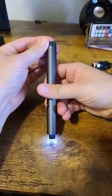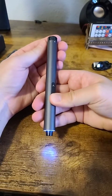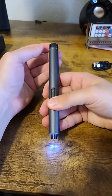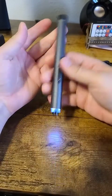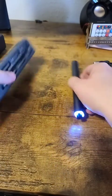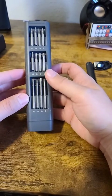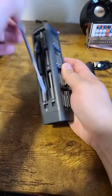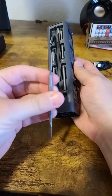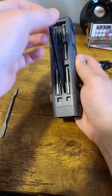So you just switch this to the top. It's got locked, low, high, forward, and reverse. Pretty sleek there. And then in terms of tools, it comes with 50 different bits, so should be enough for any project you're working on. And it also comes with pry bars, so you don't have to worry about breaking nails or anything like that,